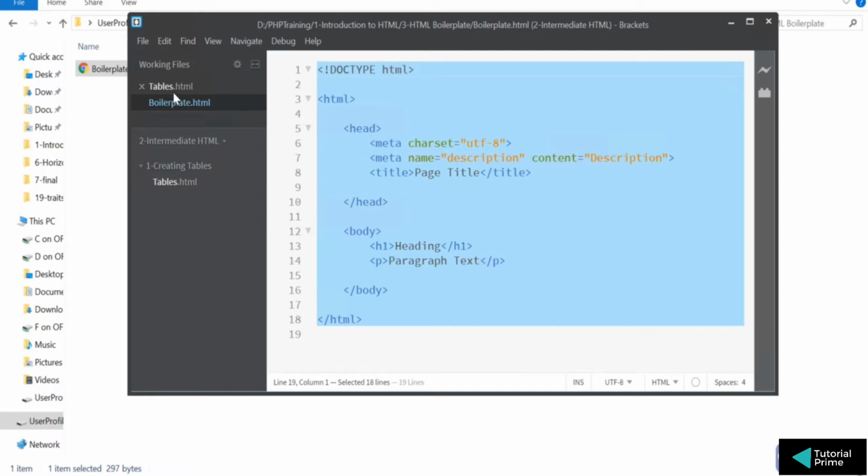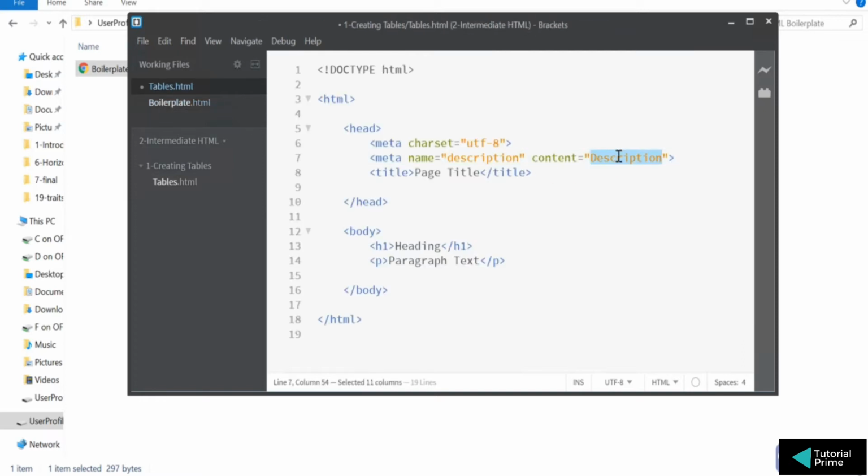So let's create the tables. Okay, I'm going to say tables. Okay, change the heading to table. So we're going to do two examples and we're going to see there are two ways to write a table, so we're going to see both the ways. Okay, and how do you write a table? First we'll say this is sample 1.